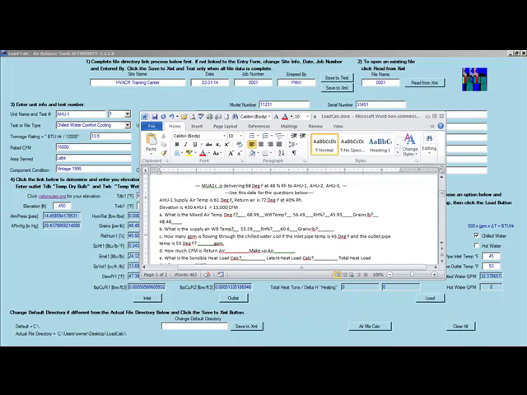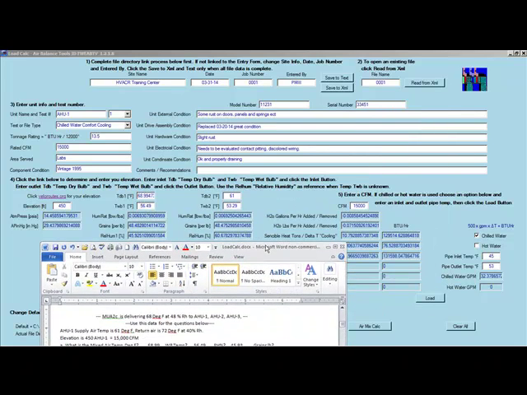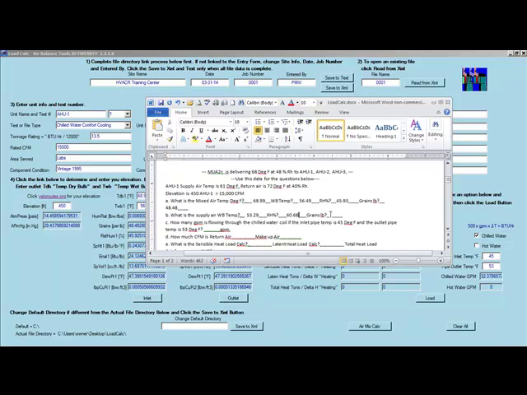We're going to make that an 8 because it's 6, 7, 8, so we'll make that an 8. And our grains per pound,